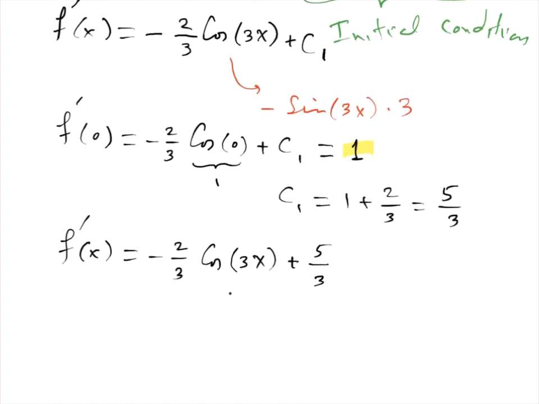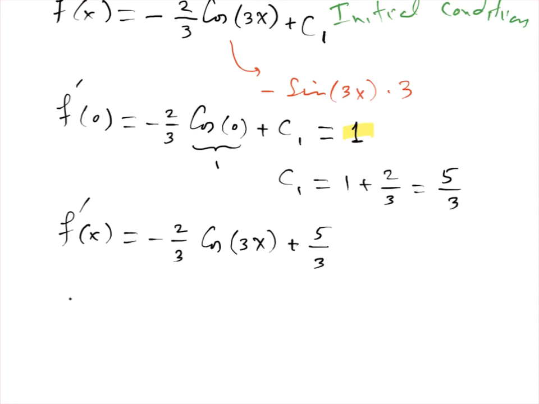And now I have f prime. Now it becomes just like the previous problem. Do it again. Find the antiderivative of this function, which is lowercase f of x. Now again, we're dealing with sine and cosine. You know, they go back and forth. So antiderivative of cosine is sine. So if I have sine 3x,